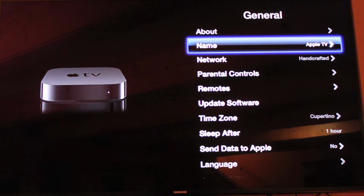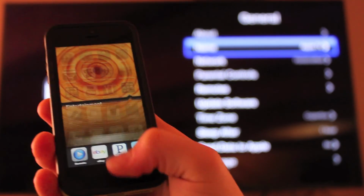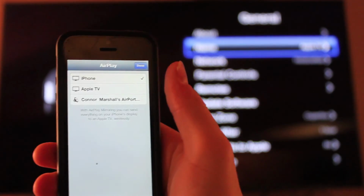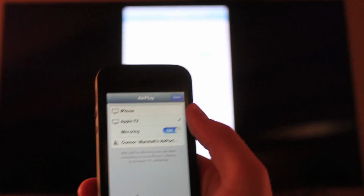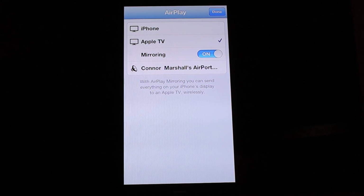look at streaming. So what I'm going to do now is get a hold of my iPhone 5 here, and since it is already on the same network, it is set up to stream, and I'll show you how to switch over here. Now with my iPhone 5, I'm going to double click the home button and swipe twice over to the remote setting, and in here you can see I can select my Apple TV with mirroring on. And now when I focus this back over, you can tell here is going to be the picture of my